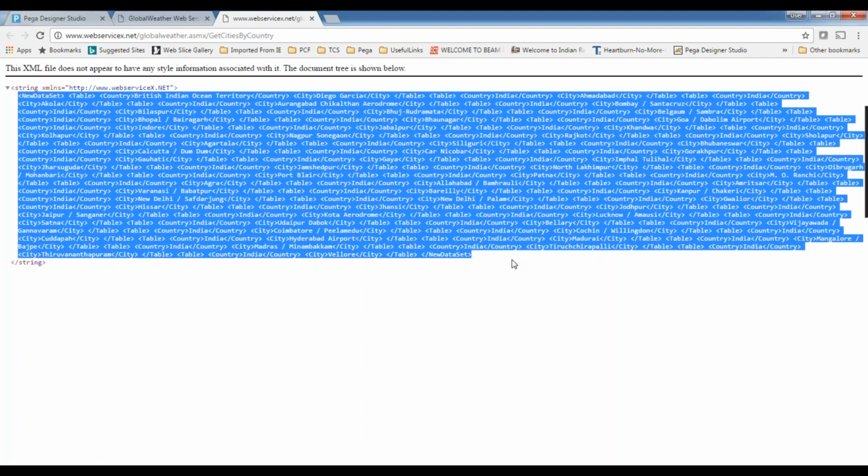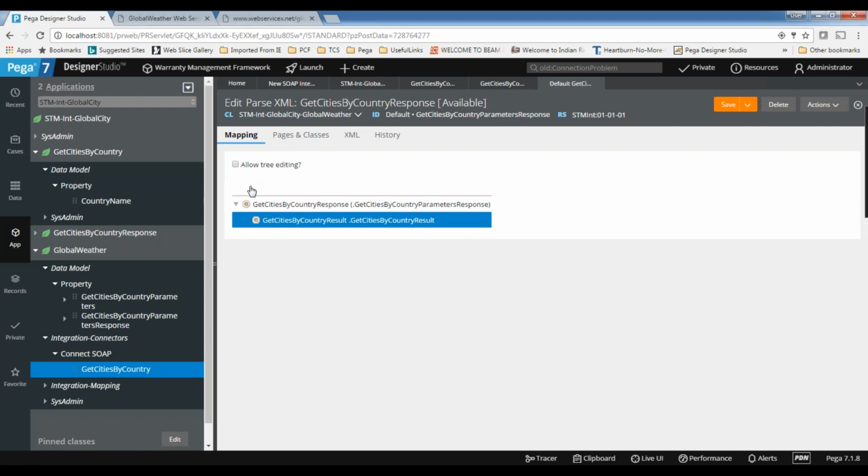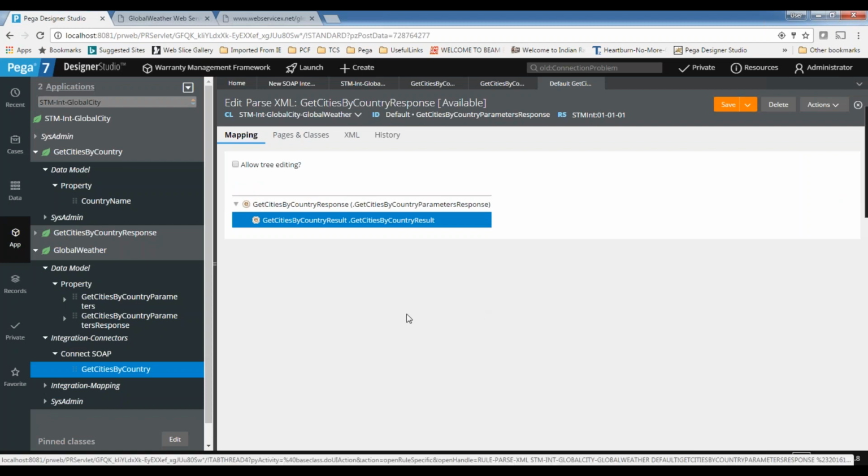This is not a direct clipboard structure. This is XML again. After they do first level parsing, they are not doing all the levels. So we need to write extra logic to parse it, and then create a clipboard structure so that I can display the city names in the member dropdown.